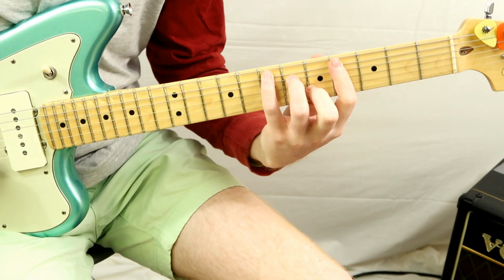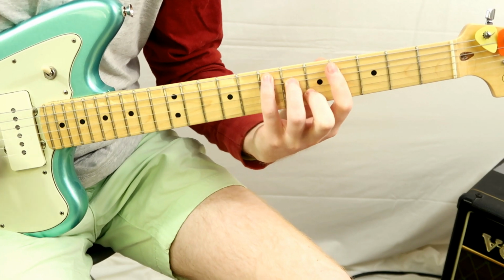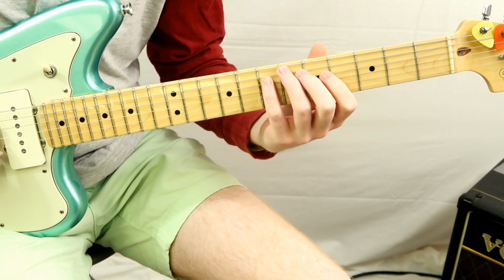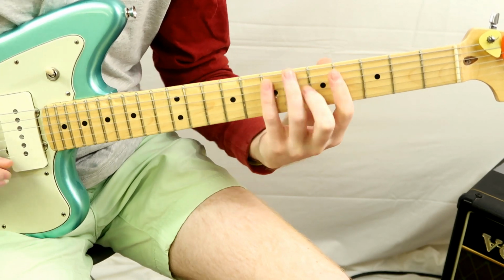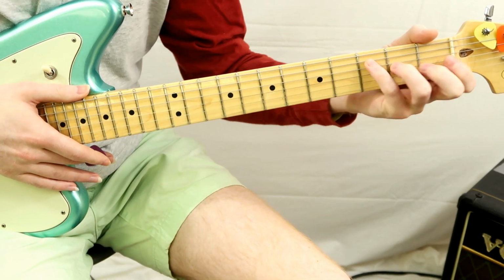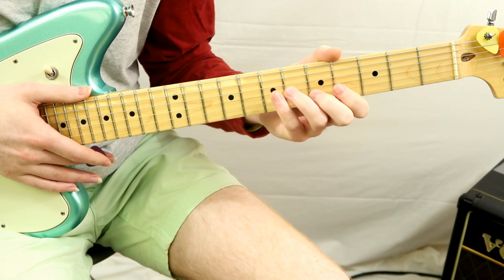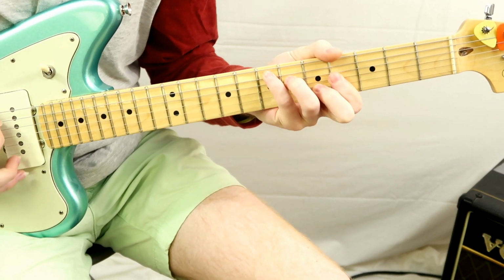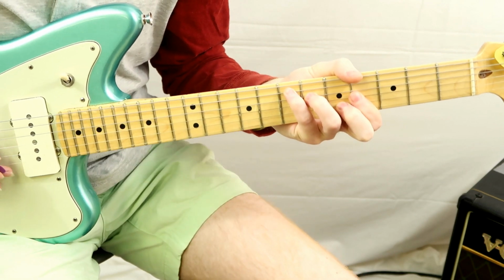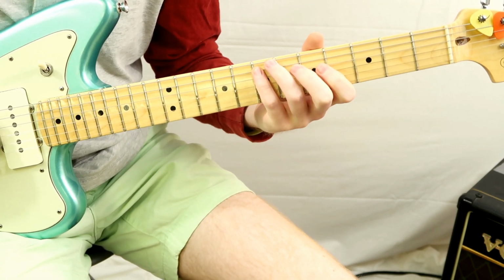So I tend to do the shape that's based off the C chord shape. So how I do this, think about your CAGED position, right? I'm thinking about my C chord up in this position here to get that E chord. So I'm thinking C, just like this, right? But what I'm doing is I'm going 7th fret of the A,